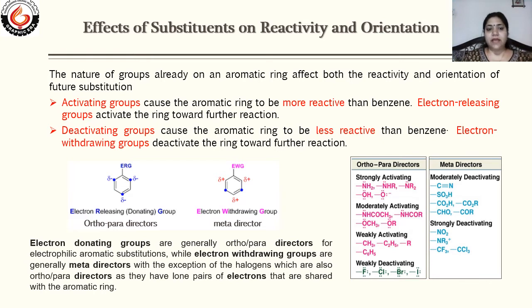Second type is deactivating groups. These groups cause aromatic ring to be less reactive. In that case, the substitution reaction is not as easy as in case of the activating groups. So most of the electron withdrawing groups, those groups which have a tendency to withdraw the electrons, usually deactivate the benzene ring. So we can divide the substituents in two types: